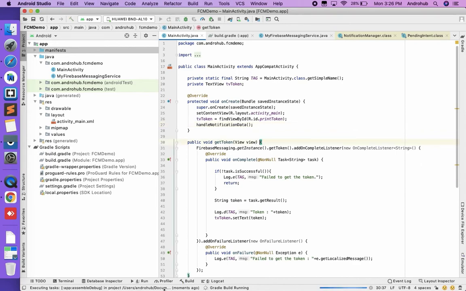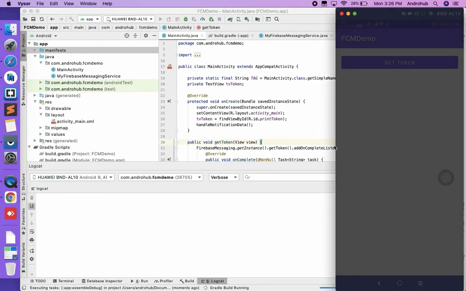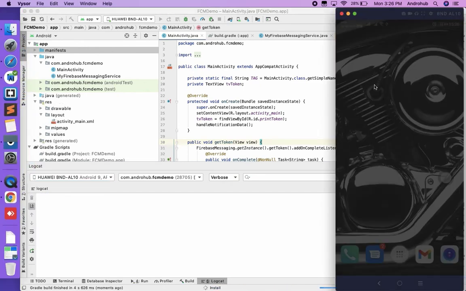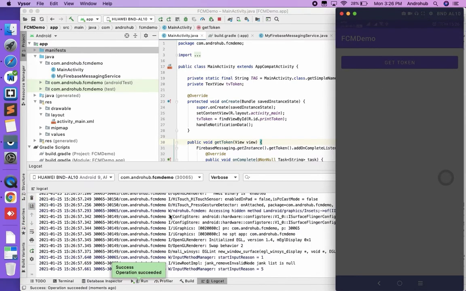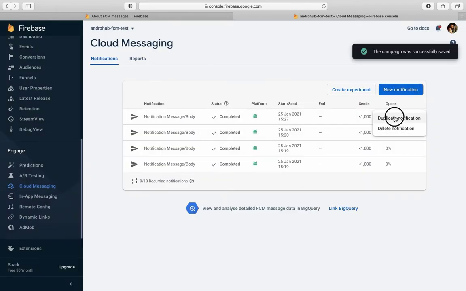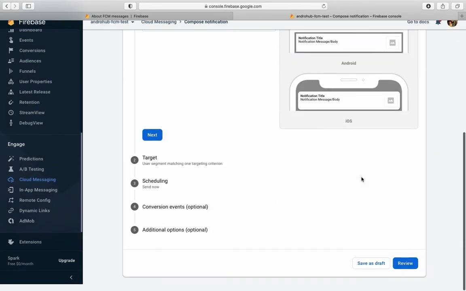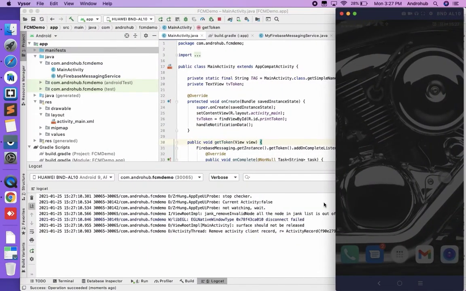Now let's rerun the app again. Okay, app is running. Now send the notification again. Just review, publish, and we receive the notification.